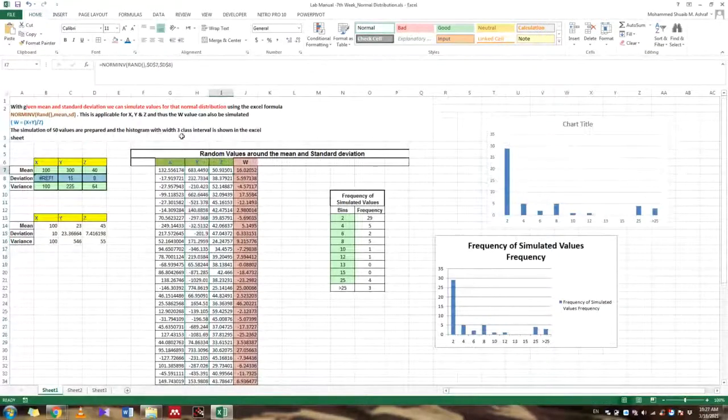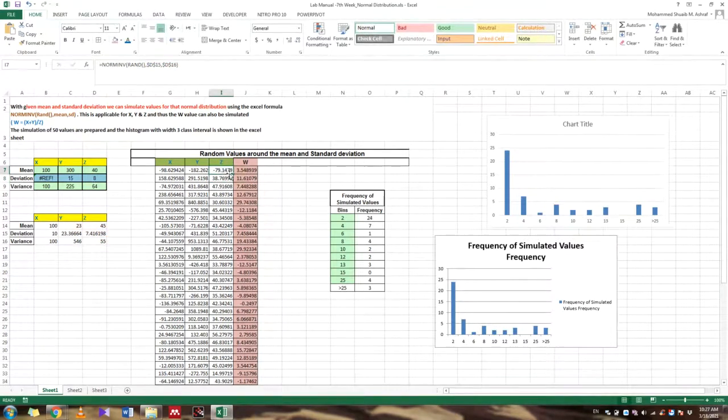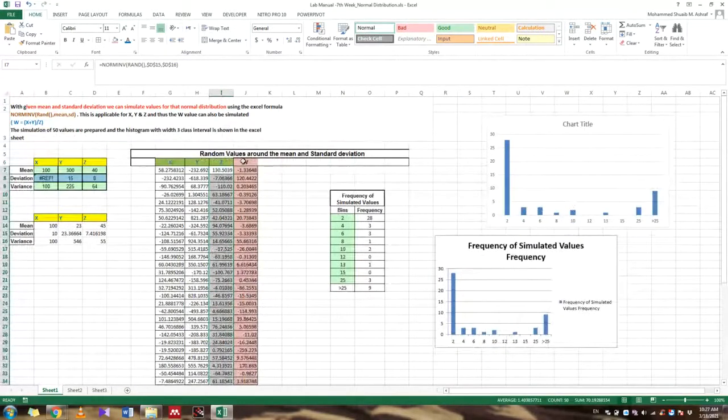Same for Z. See the existing 7, 8, and now we are doing the new one, so we will put 16. So here change 15, here change 16, enter. Here the value changes, drag and drop here. After that you will apply W, the formula in the question. W is x plus y divided by z. So this is G7. This formula remains the same, just drag and drop this.